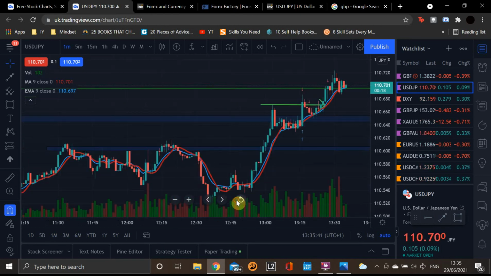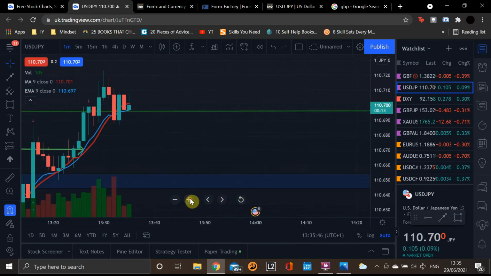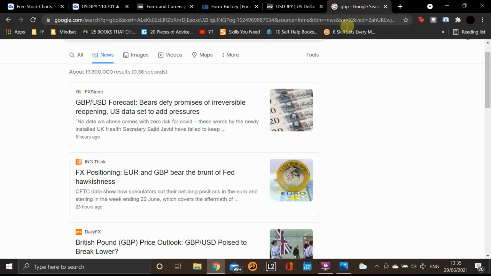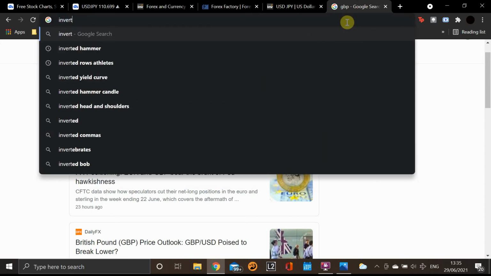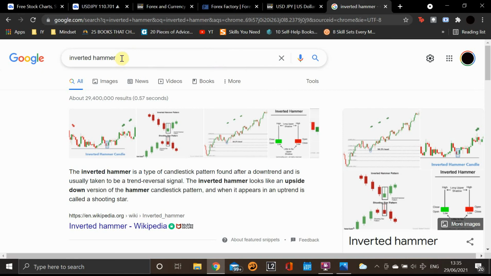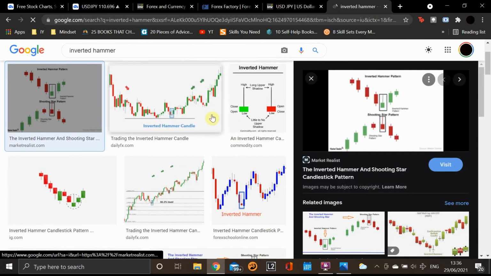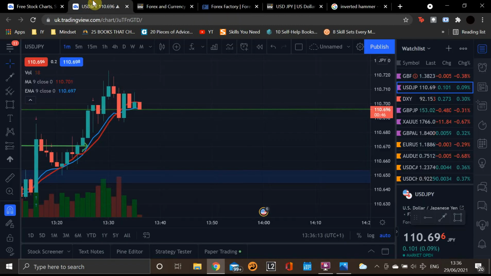So there's a pattern there. I think that's an inverted hammer. Is that an inverted hammer? It's a type of candlestick pattern found after a downtrend and is usually taken to be a trend reversal. The inverted hammer looks like an upside down version of a hammer candlestick. Okay, so yeah, that's the inverted hammer. So it basically means that it's going to go up, and because US is the base currency, I really don't see it coming down because